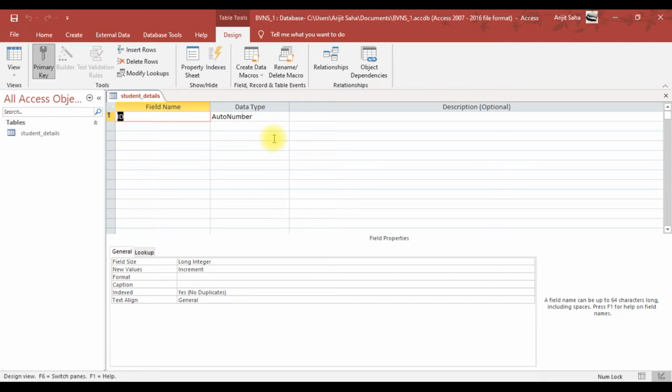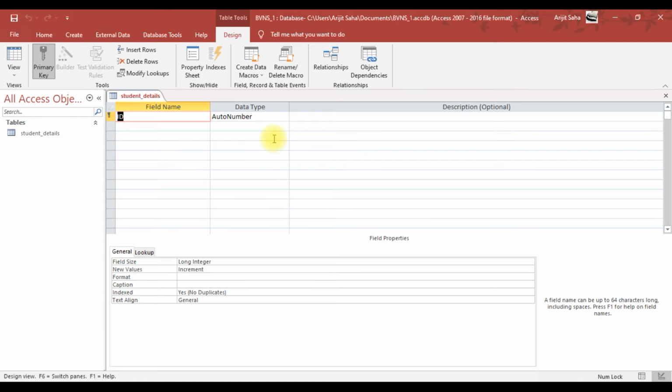As you can see, we are modifying the current table that was given to us already. The ID column has already been created for us, and under the data type column, it is written AutoNumber. What does AutoNumber mean? AutoNumber means that Access is going to generate a sequential number whenever a new record is added to a table. So when we start adding records, automatically a serial number of 1, 2, 3, 4 will be entered, and we do not need to enter the IDs ourselves, but usually this is kept for the serial number of the students instead of the roll numbers.